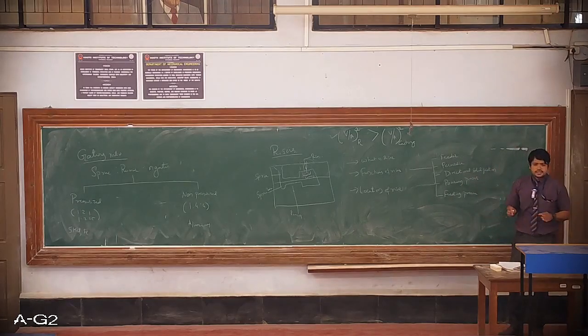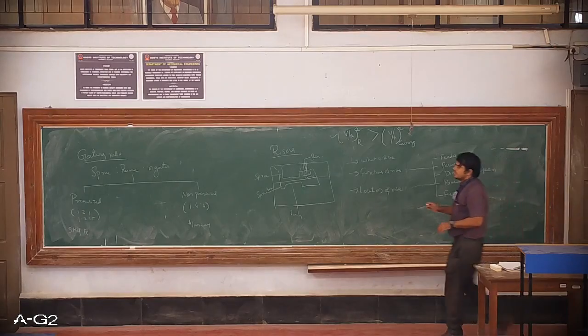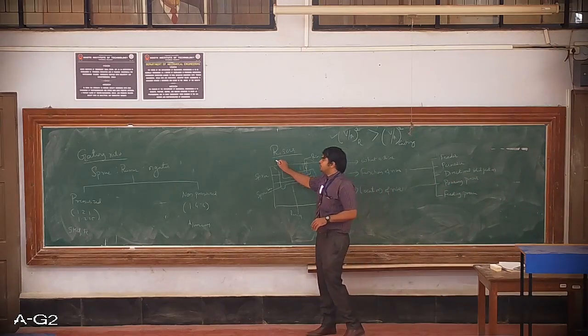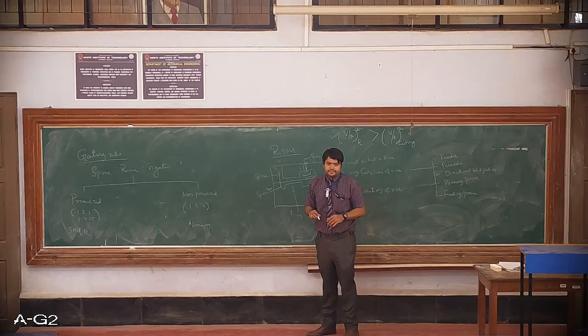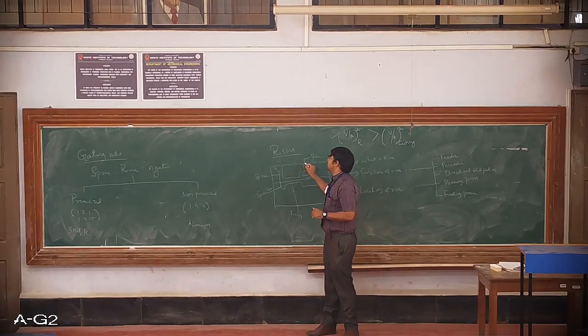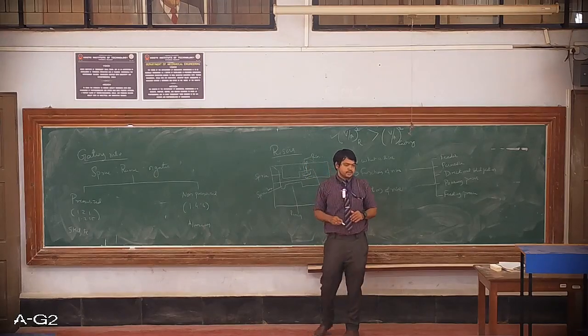As a person who is going to pour the molten metal with the help of the ladle inside this pouring basin, he should know when to stop pouring. So they generally come to know once molten metal comes out from this particular part.